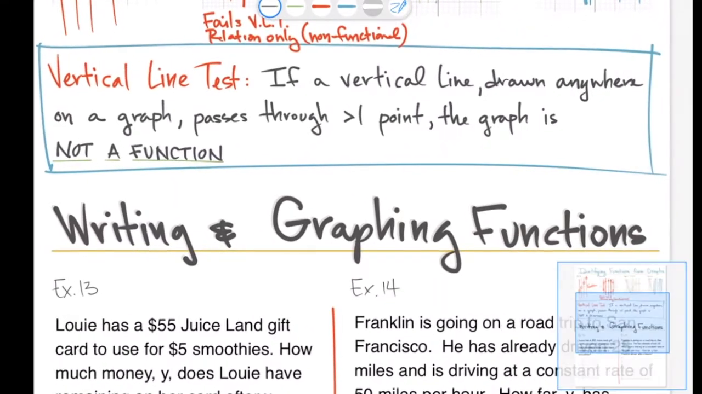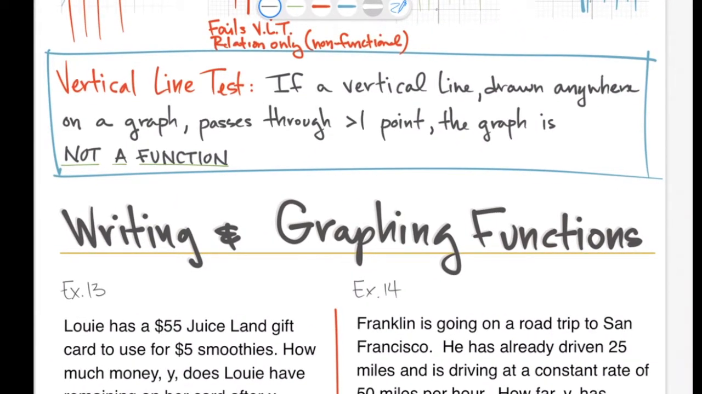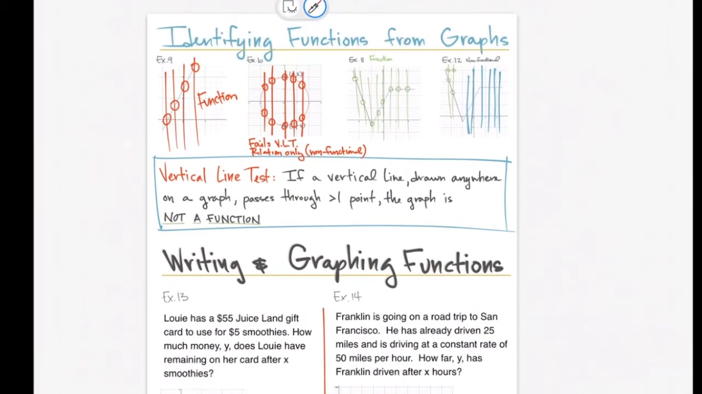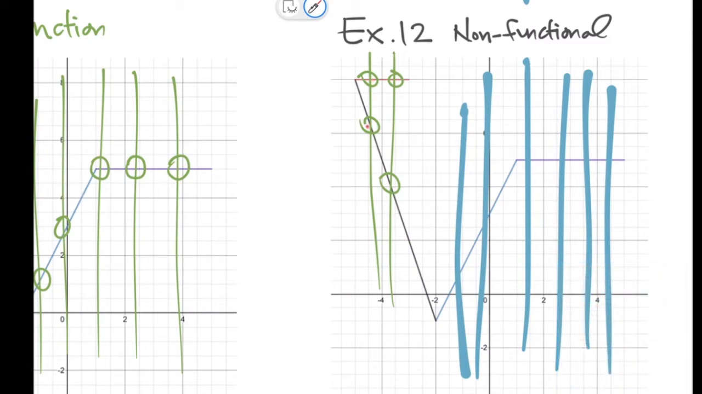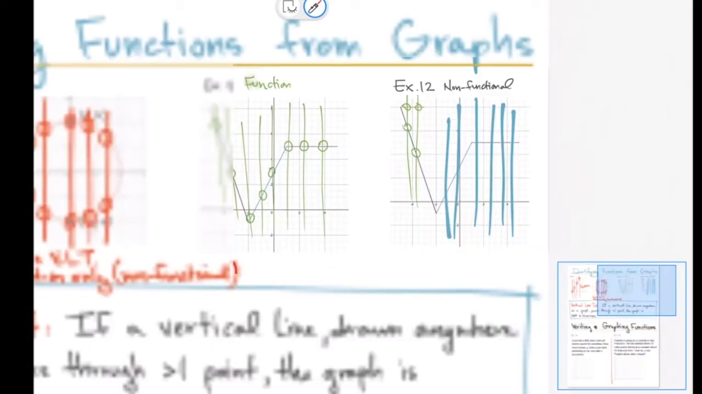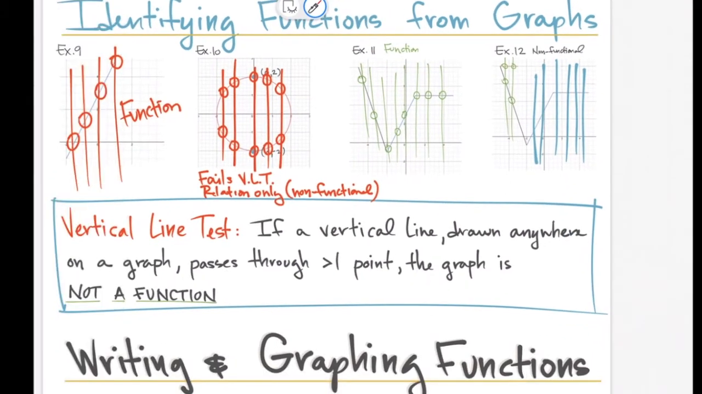All right. So let's get down the rule for the vertical line test. And the rule is if a vertical line drawn anywhere on the graph passes through more than one point, that's the key, then the graph is not a function. Why? Keep that in mind. That vertical line passing more than one place identifies repeating x's. And repeating x's means that the graph is not